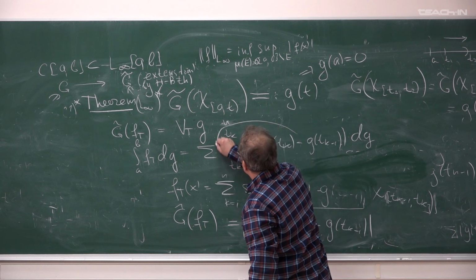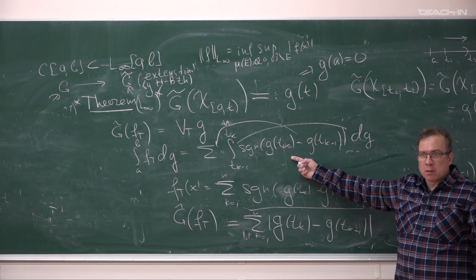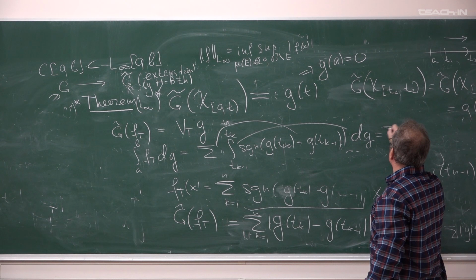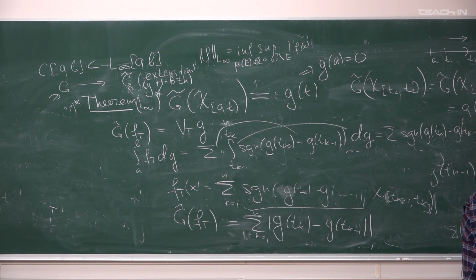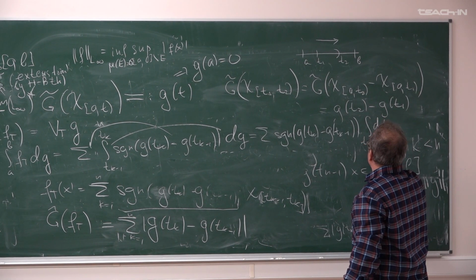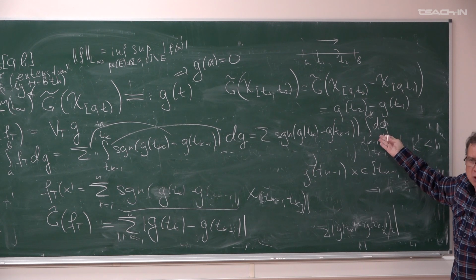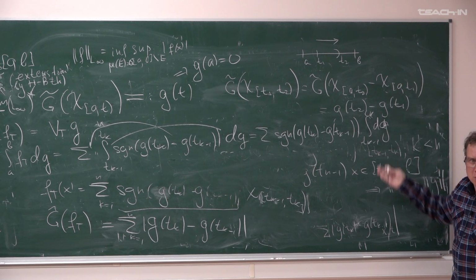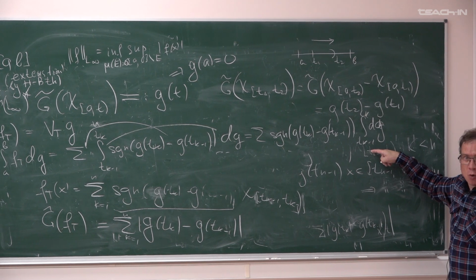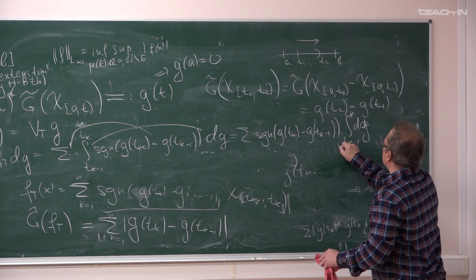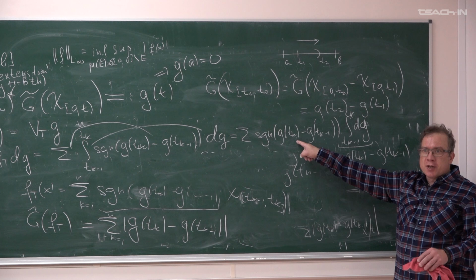This is a number, we can take it out of the integral, yes? Signum is just a number. So we can write the sum of signum g(tk) minus g(tk-1) integrated on dg from tk-1 to tk. And what gives us integration of differential? Newton-Leibniz formula: the difference of g at the upper limit minus the lower limit. So this last integral equals g(tk) minus g(tk-1) multiplied by signum, and we obtain